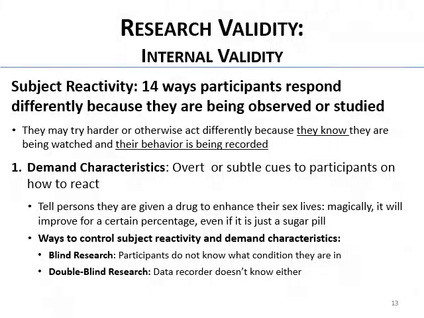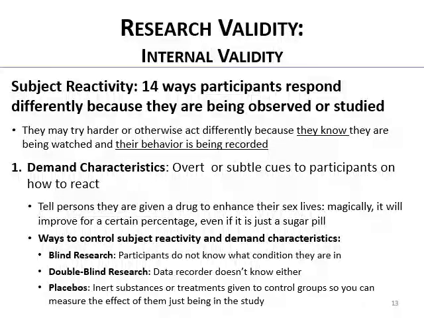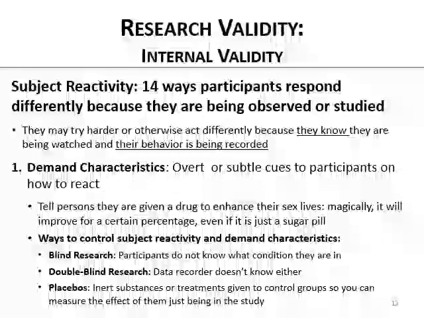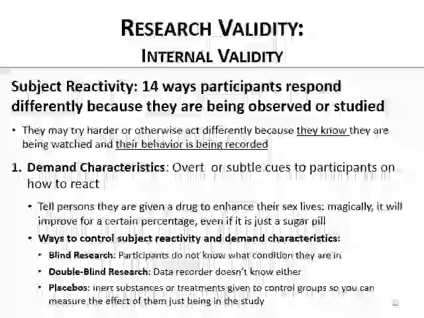This is when not only does the participant not know what group they're in, but neither does the person who's collecting the data or administering the treatments. That's what double-blind research means. Like all the pills look the same, no one knows who's getting what, who's actually involved in the data collection or treating. So those inert pills that we give to folks,